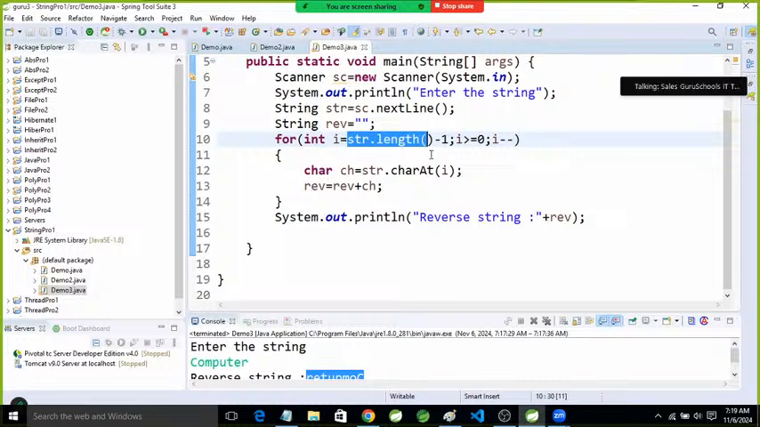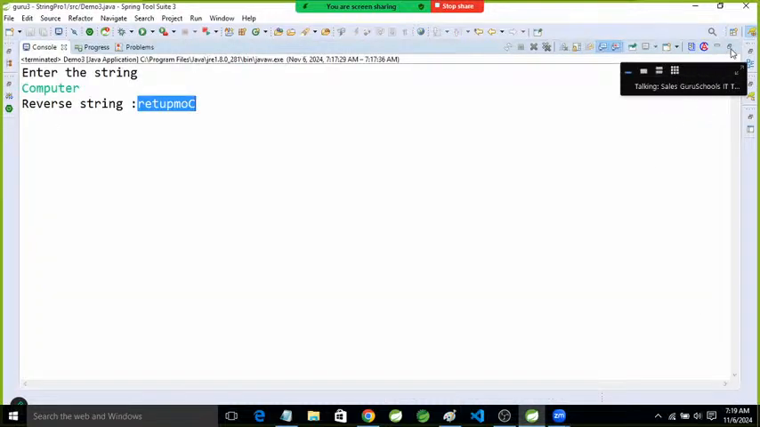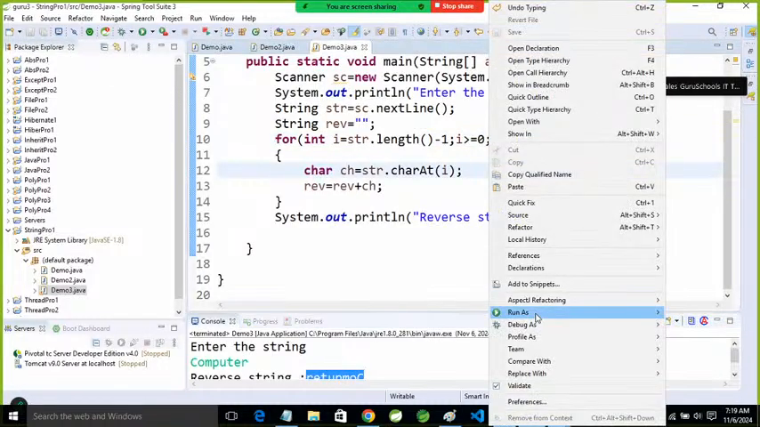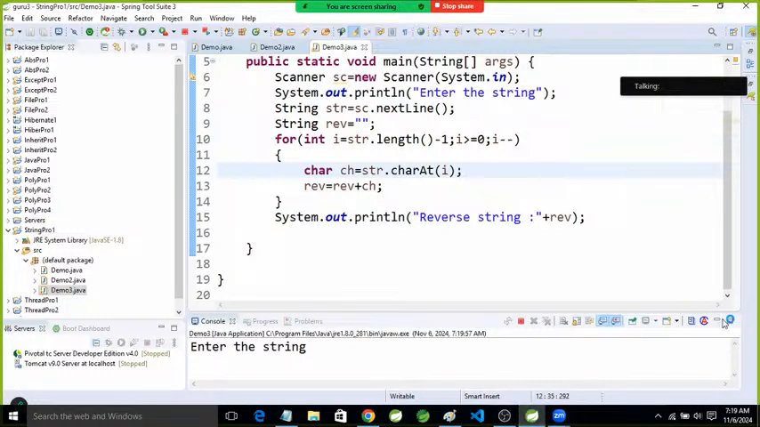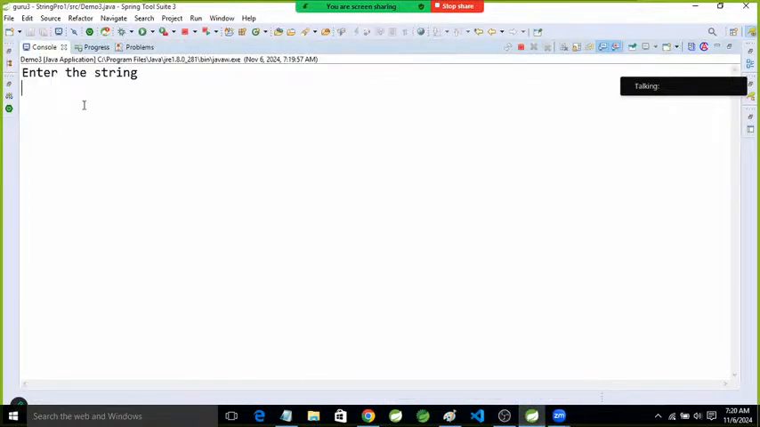So here I used length minus 1. Okay, so 5 minus 1 is 4, so it returns the character of the 4th index value, that will be the value of ch, and that will be saved in REV. Suppose I'm going to execute it again. Suppose here I have declared hello. So 0 position is H. Okay, so first of all